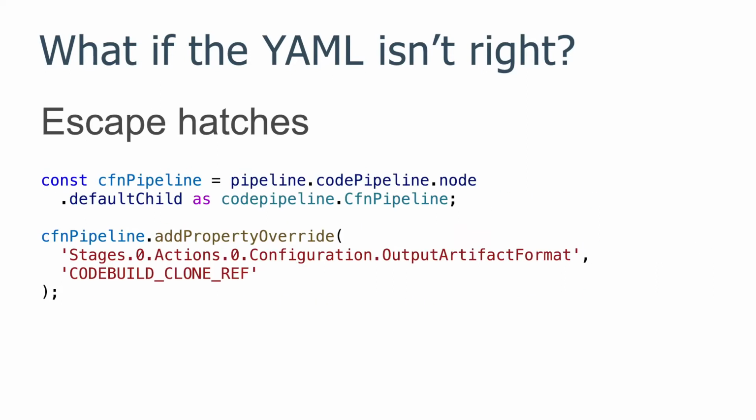There's also escape hatches. An escape hatch is an intentional leak in the abstraction layer. It allows users to escape the abstraction and reach out to a lower layer. In this example here, I found that AWS CodeBuild didn't do a full git clone by default, which is a problem if you want to use any git commands in your build. CloudFormation supported the feature, but it was not yet supported in CDK. Using this code here, I was able to override the YAML generated by the CDK to get the CloudFormation YAML right. CDK8s also has escape hatches.